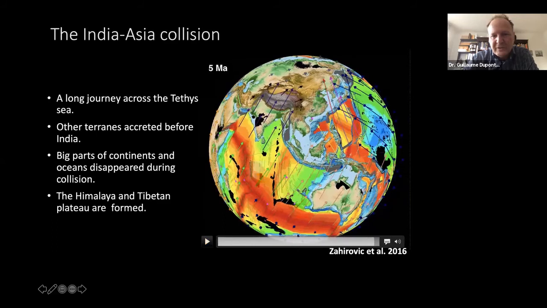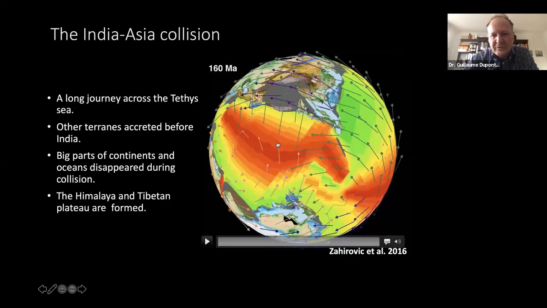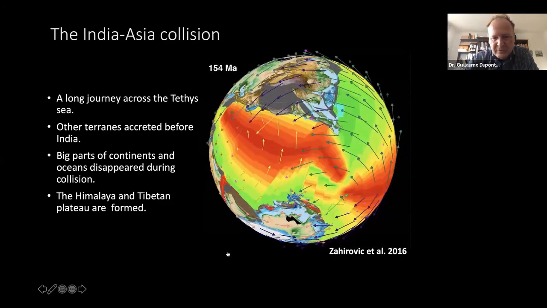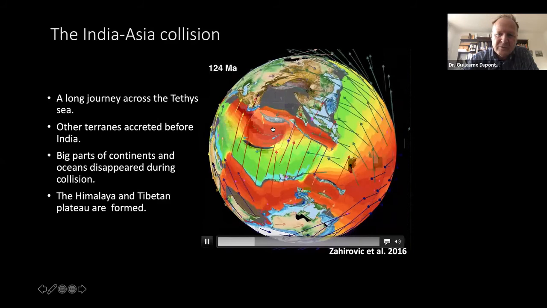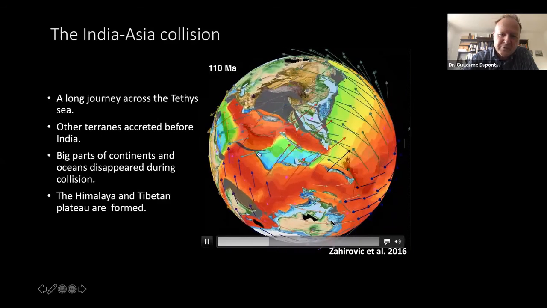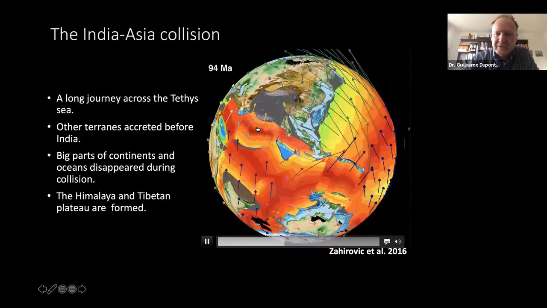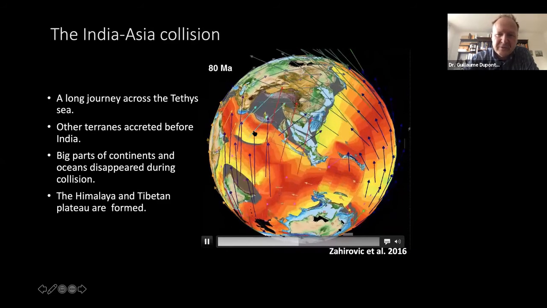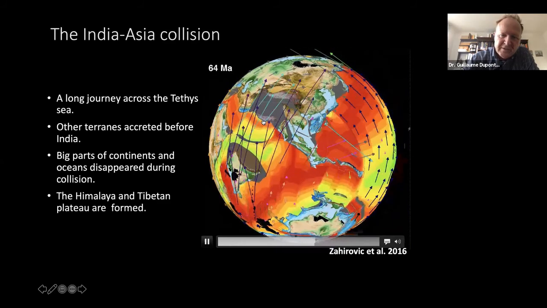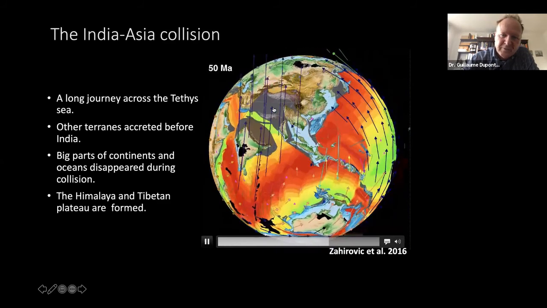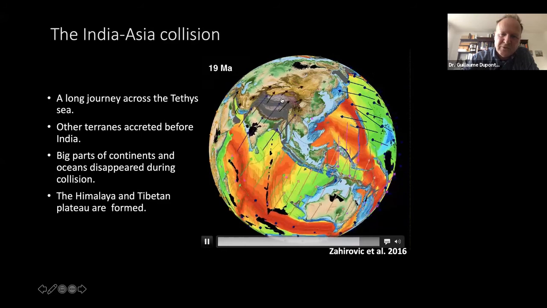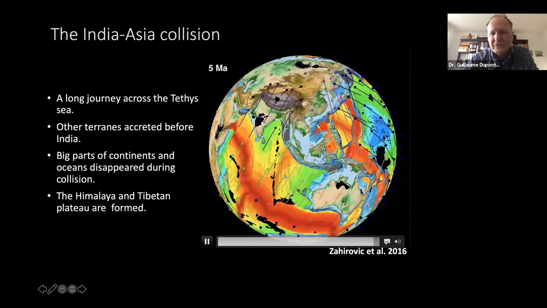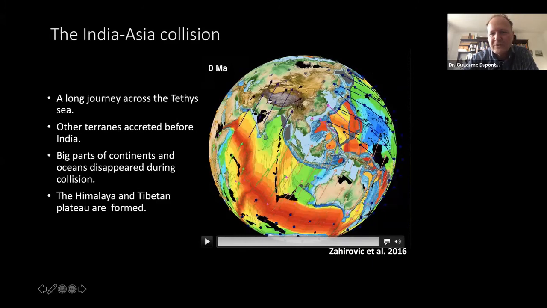Now, if you look here at what's going on in the last million years, let me play that again. You see that there are some blocks here. We don't know the position. Some of them are accreting here, but all of this is completely invented. It's not based on marine magnetic anomalies. And then at the end, all this gray area disappears and you actually form the mountains. This is when both the Asian plate and the Indian plate are deforming a lot, and when you create all these mountains.